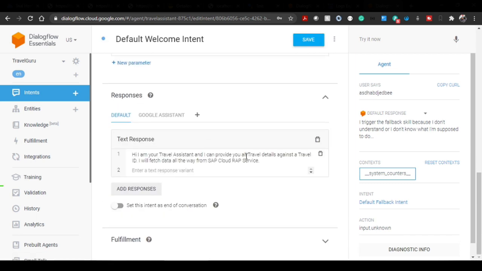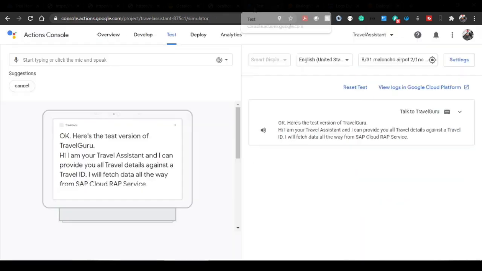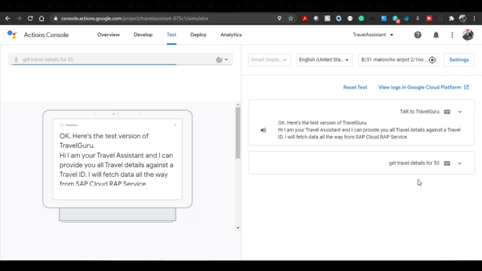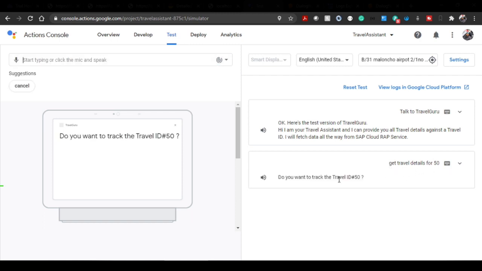Okay, this is the note being placed. Now the session started and I can keep communicating. Let's say I want to put in get travel details for 50. If I enter here, you can see these details, and it succeeds. Travel ID number 50. So now it has successfully connected with my cloud platform Node.js application, and obviously the Node.js application then triggered my SAP CI chatbot,